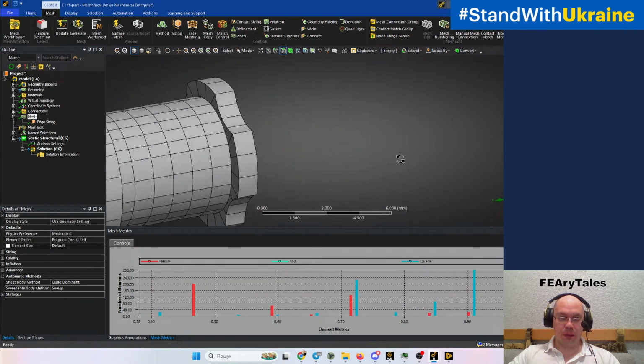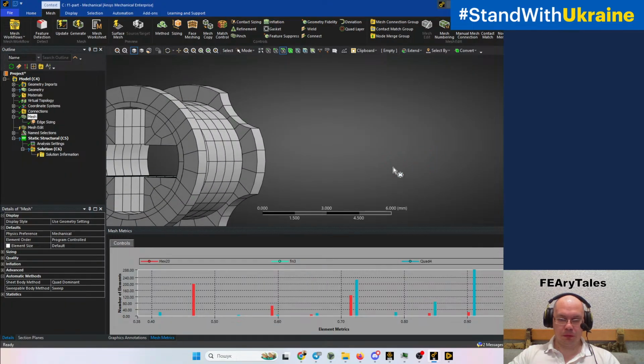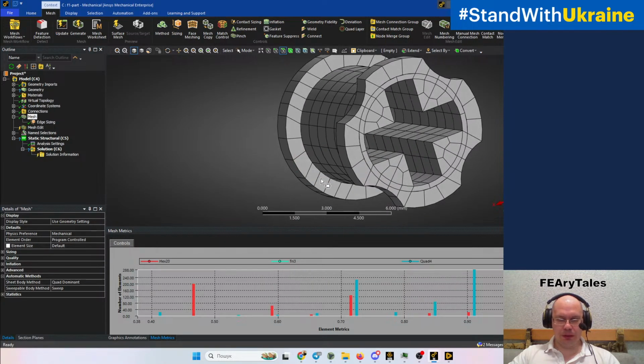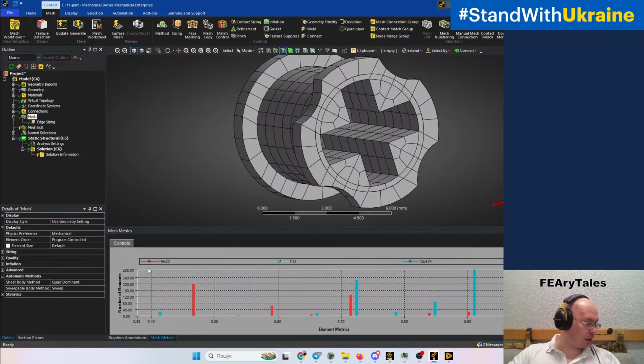And as you can see, we obtain, unfortunately no, yep, we obtain the full hexa-core mesh, and those tri and quad